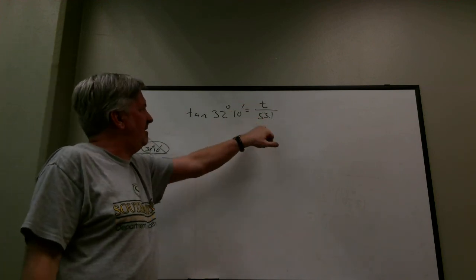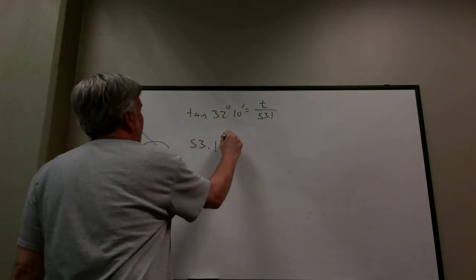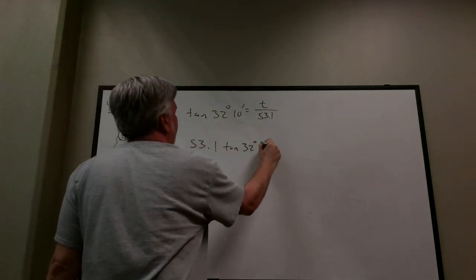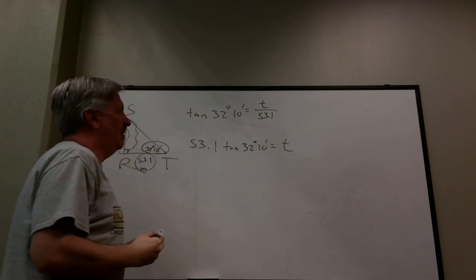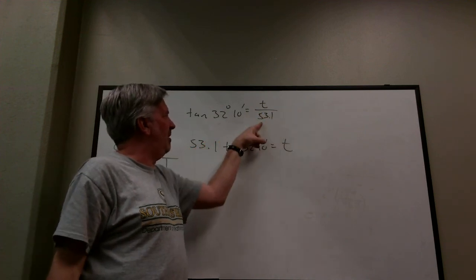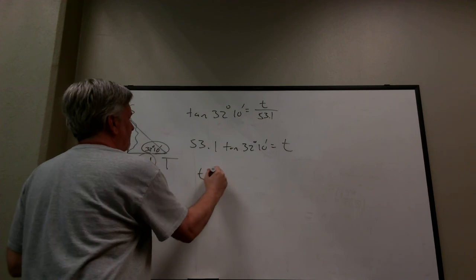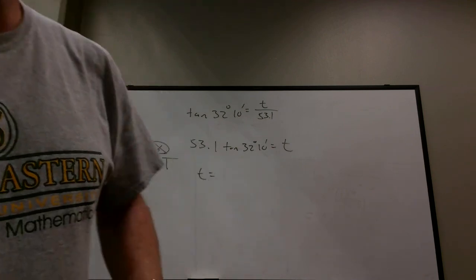How do you get T by itself? We just need to get rid of the 53.1. Multiply both sides by 53.1, and you've got T, right? Multiply by 53.1, you get that. Multiply by 53.1, the 53.1's cancel, you're left with T. So the algebra here is easy. So T here, if we punch that in,